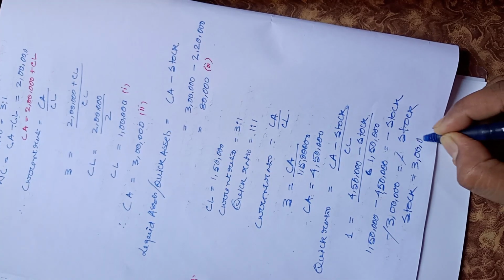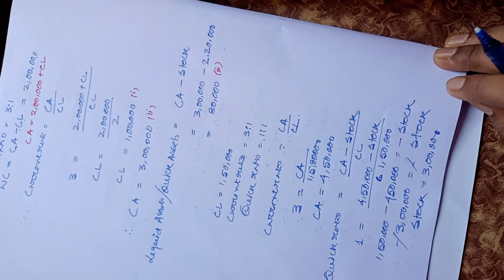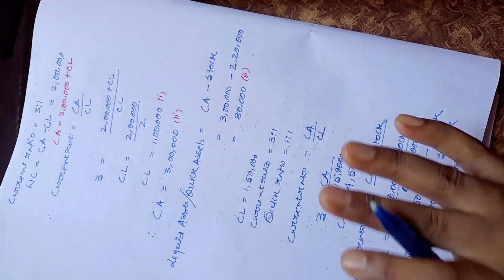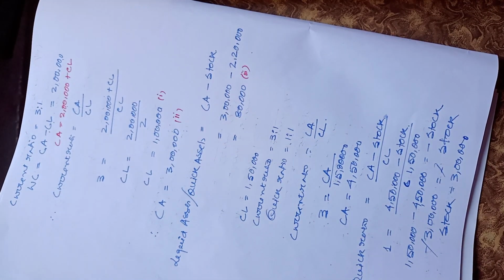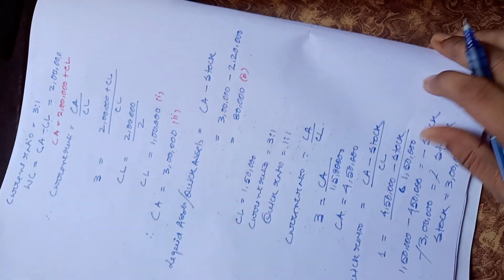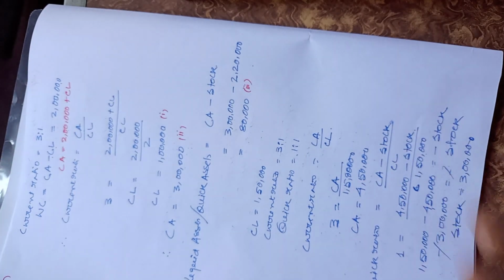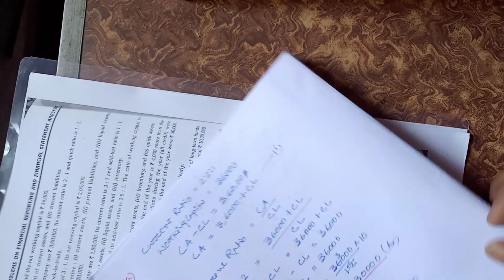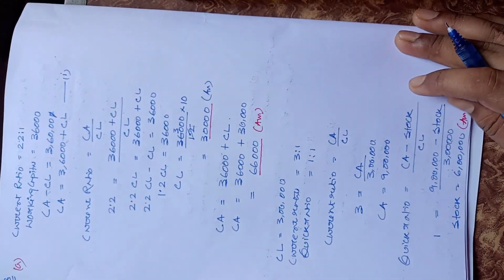So hope student you will understand this concept. This is a missing values concept for sums. In class 12 we know that we have to find out the ratio. Now here the ratio is there, and you have to find out the figures. So from the ratio you have to find the figures like this. So question number 118, hope you will understand. See this video carefully again and again so you can understand. Thank you so much.